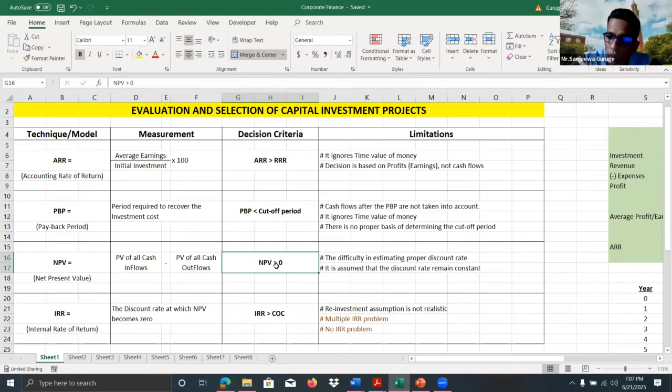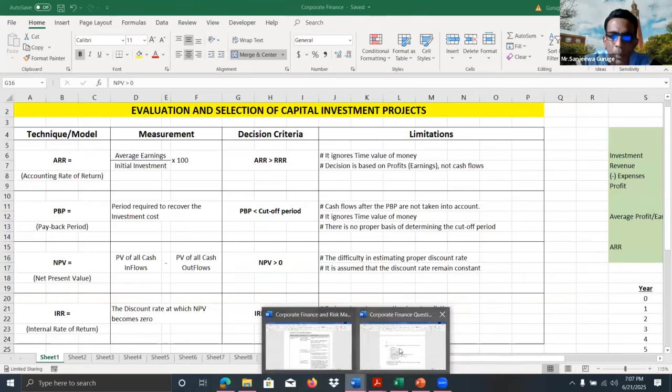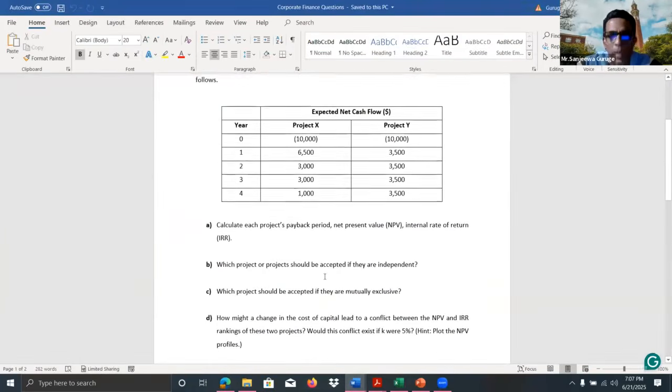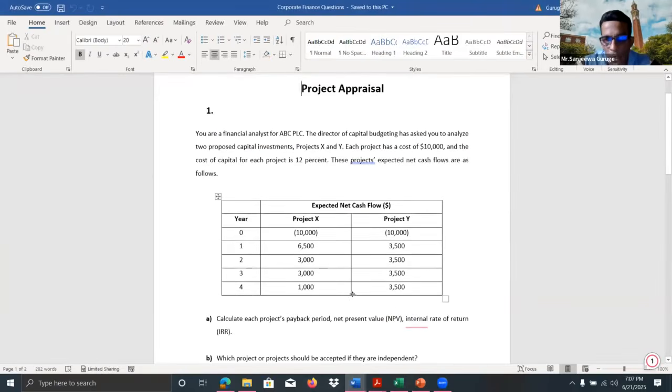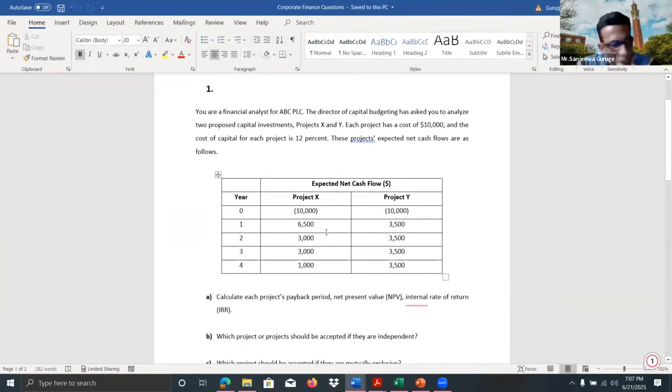And when you draw the NPV profile of two projects in the same graph, then it is possible to identify whether there can be a conflict between NPV and IRR rankings. Sometimes there can be a conflict between NPV and IRR rankings. For that, I use a very simple example here, just to explain that point. But when you are going to analyze several projects, you should know how to compare them.